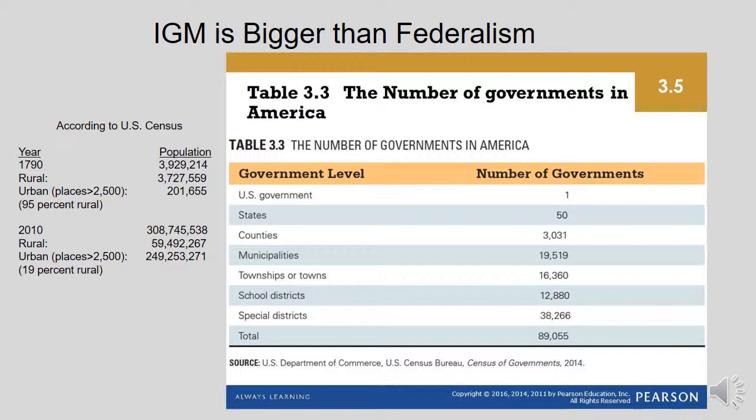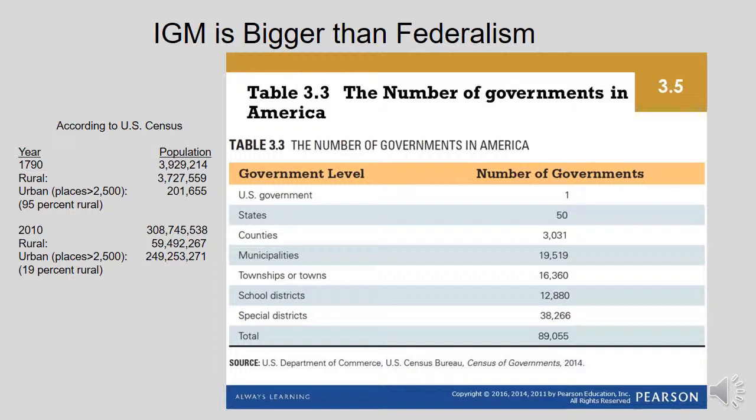That's the issue, right? So look at the thing on the left. It says according to the U.S. Census, that little box there. According to the U.S. Census in 1790, that's 3 years after the Constitution was written. So the very first U.S. Census was made a couple years after the first government under the Constitution was formed. So we had about 3.9, almost 4 million people in the United States.